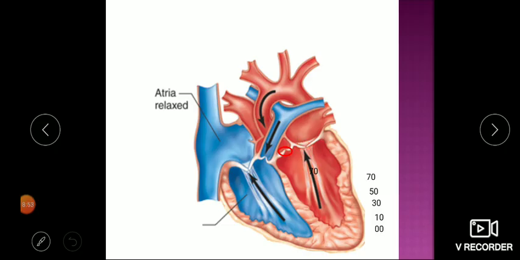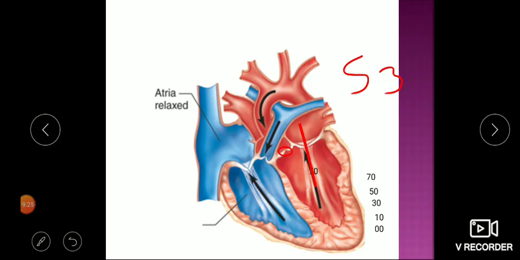Now this valve gets open and blood comes from the atria to the ventricle with gravity simply. Whatever accumulated in the atria due to diastole of atria will come down immediately. So that is the filling phase, a gush of blood from atria to the ventricle. This creates the third heart sound, called S3. But under normal conditions, this is not audible. Okay, so this is the opening of the AV valve.